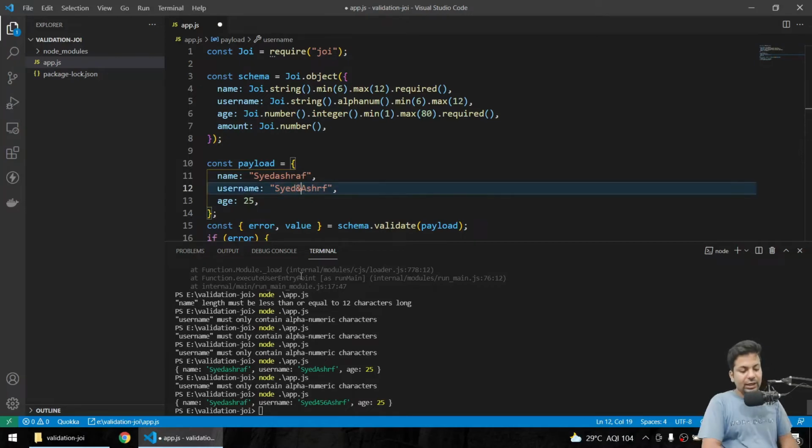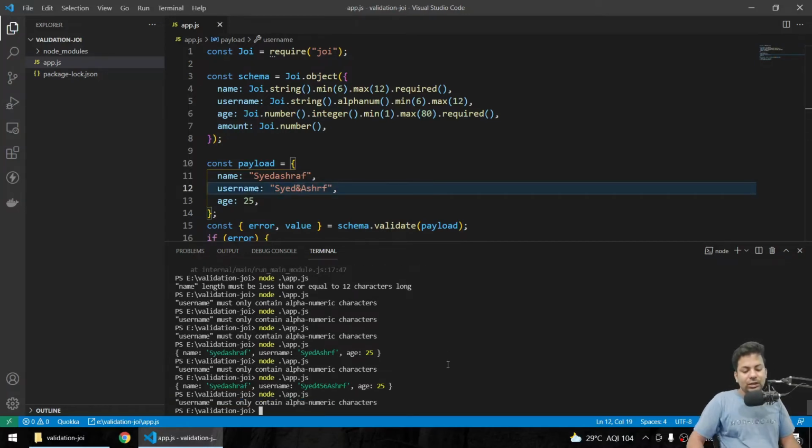But if you give special characters, not acceptable because we only accept alphabets and numbers. So if you are accepting both, you can just write alphanum. Mostly these are the cases of alphanum when you have a username, as I gave username also, because they are together and we don't allow special characters, so you can use this also.